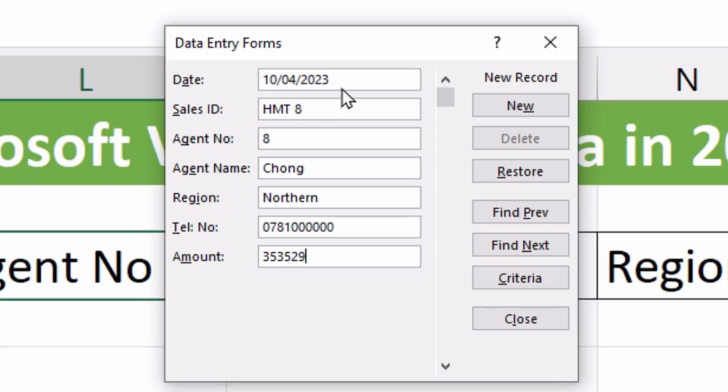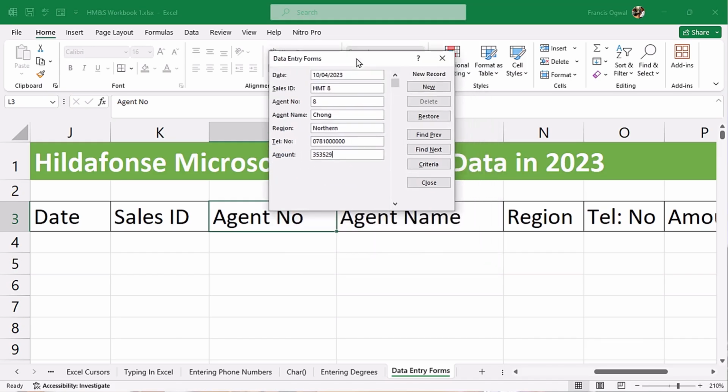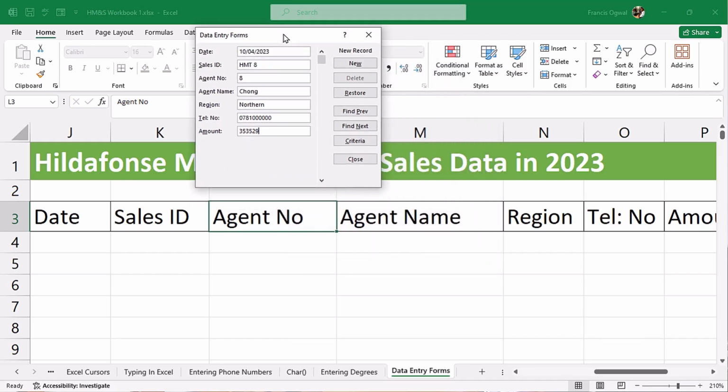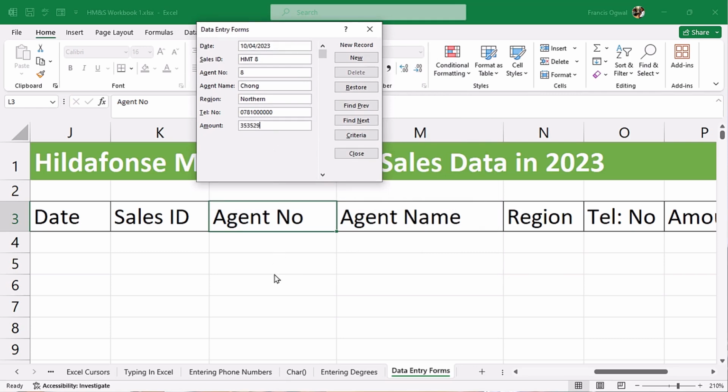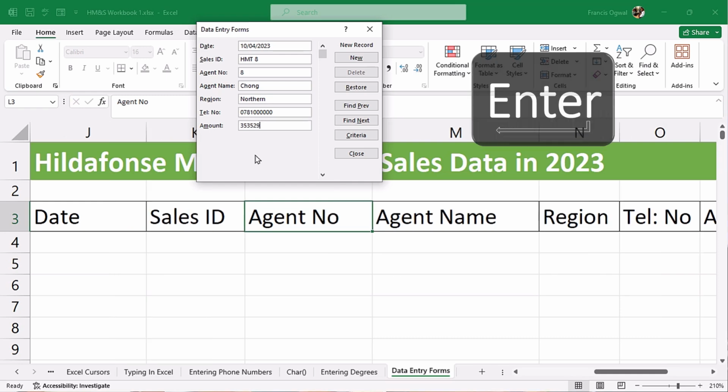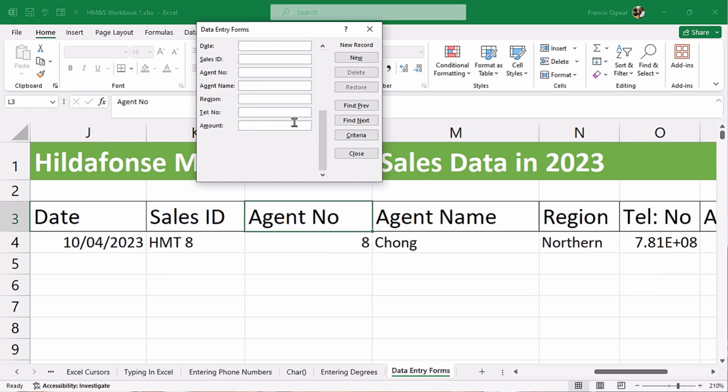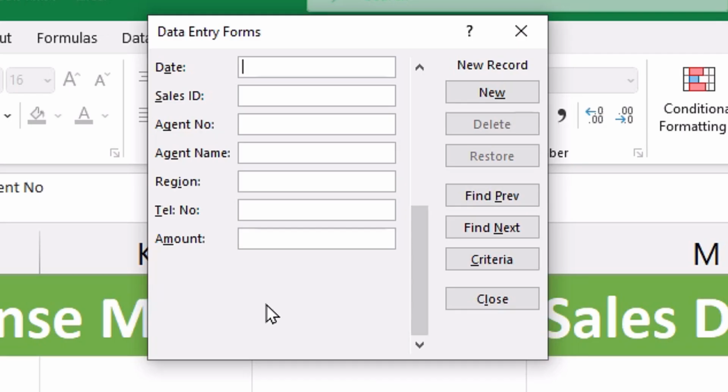Now I want you to see, let me see if I can pull this one up a bit. Now I want you to see, immediately I hit enter, see what is going to happen down here. Let's go, enter. Now automatically when you hit enter, whatever you have written on the form is automatically transferred into your Excel worksheet the way you are seeing. So let's enter the second record,